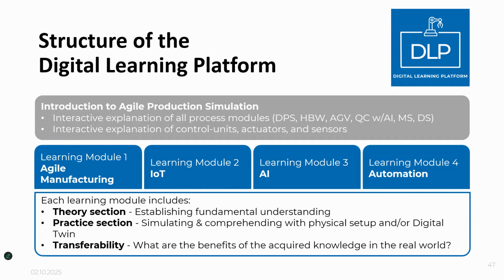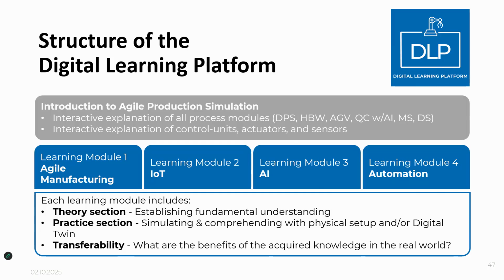Now, to give you a better idea, this page helps to illustrate the structure of what is covered by the digital learning platform. As you can see here, users start with an introduction to the Agile Production Simulation, and this begins with an interactive explanation of each of the process modules, as well as of the control units, the actuators, and the sensors. Following this, the main instruction is broken up into four separate modules, one focused on agile manufacturing, the second on the Internet of Things, or IoT, the third on artificial intelligence, and the last